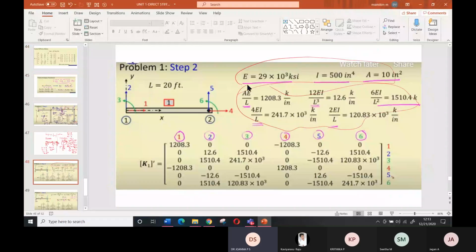The second one is you have to calculate these values. So for the first beam, just note down and calculate the values. Length of the beam is equal to 20 feet. After noting it down, we will go to the stiffness matrix formula. Don't write the stiffness matrix yet. We will go there and then write.